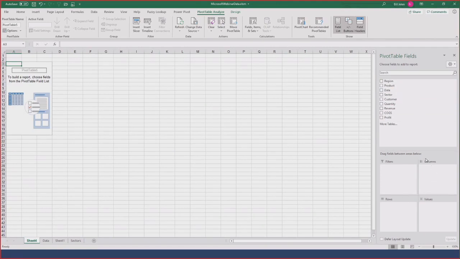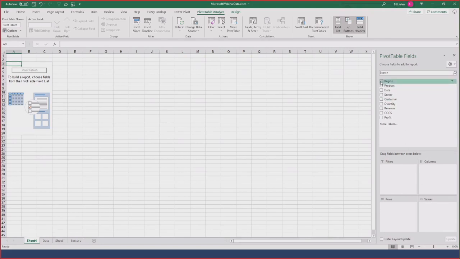Columns, which stands for the things that go across the top of your report. And be aware of that icon. That icon is actually the wrong icon. That icon belongs down here next to rows, and this icon here belongs next to columns. That got reversed somewhere after Excel 2003 and never been fixed since then. Rows. This stands for the fields you want down the left-hand side of your report. And again, that's the icon that should go there. And then values is the things we want to add up.